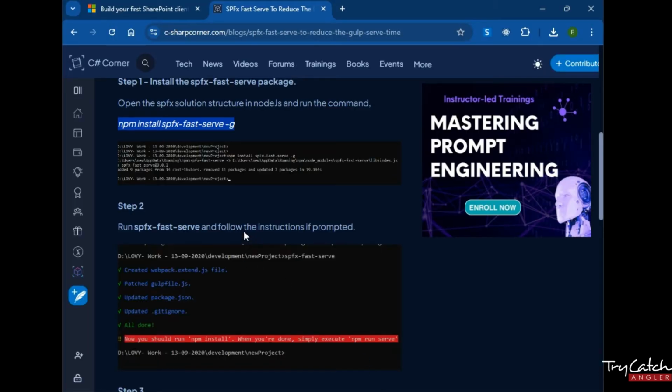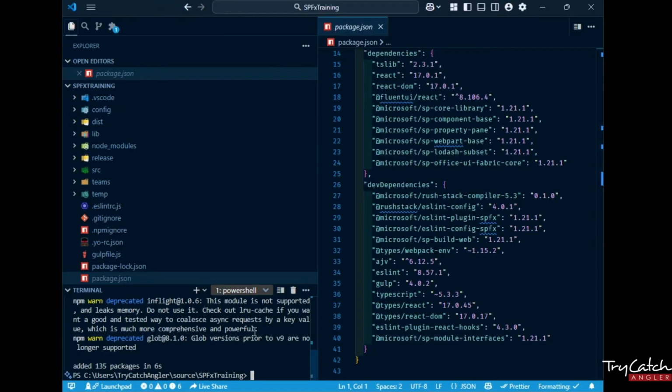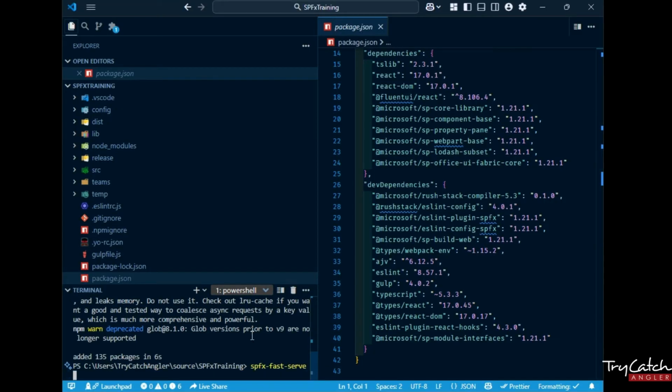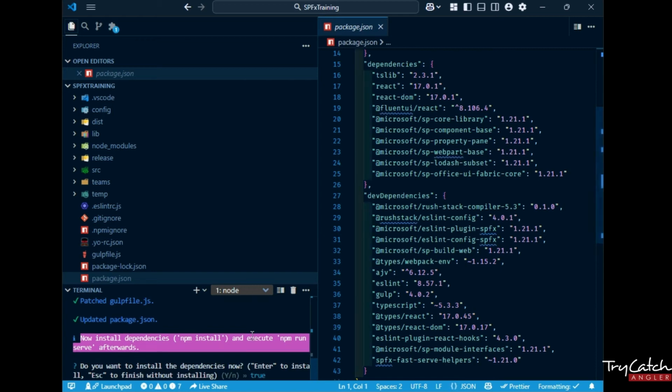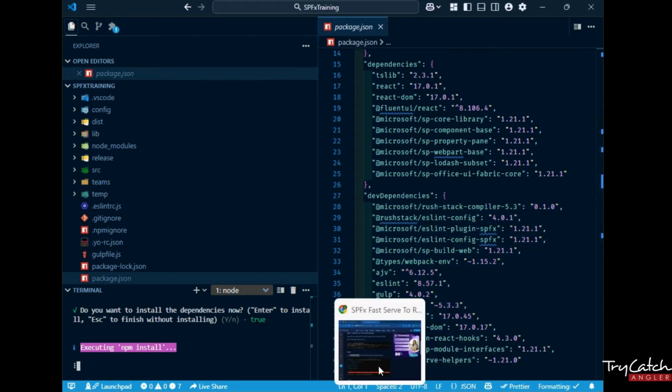Go ahead and get the next command ready, which is going to be SPFx Fast Serve. We're going to patch that in. And all you have to do is basically just press enter, and it's going to run the installation. Once the installation is complete,